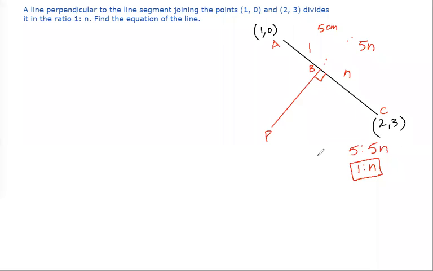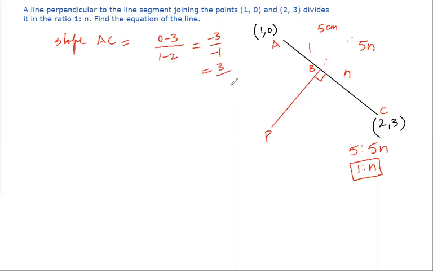Hello, hope you can hear me. Okay, so how we will do this? Now, you see, this line's end points are given. This can easily help us to find the slope of this line. So, slope of AC would be y2 minus y1, that is 0 minus 3, divided by x2 minus x1, so 0 minus 3 over 1 minus 2. So this is equal to minus 3 by minus 1 is equal to 3.